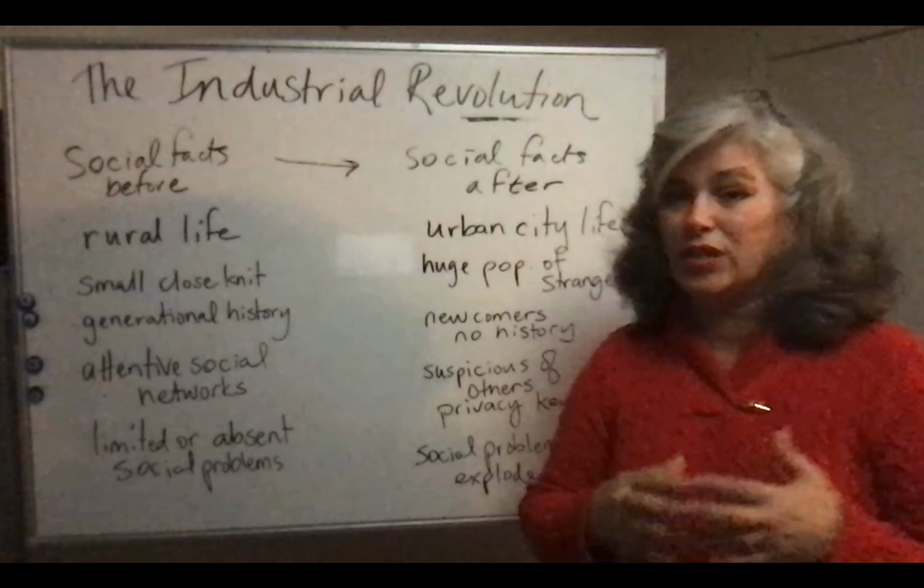And so Emil Durkheim looked at the massive change in the description of society from before the Industrial Revolution and the massive change in the description of society after the Industrial Revolution. And he noticed an explosion in things like poverty, in things like crime, and specifically in things like suicide, which